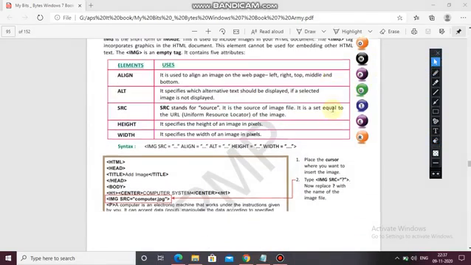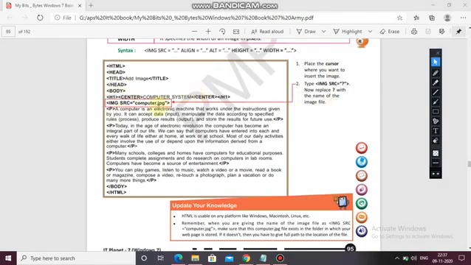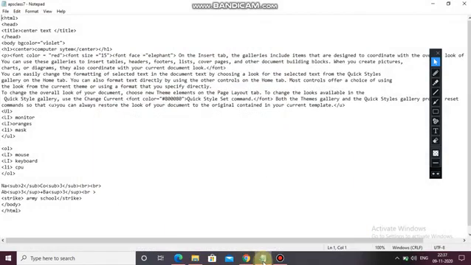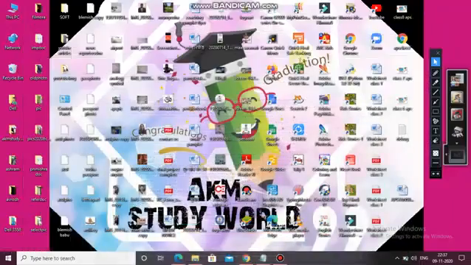Now next you can see here image src computer.jpg. Place the cursor where you want to insert the image and then write image src. If I have a picture then I can show you. Like here, before font, I want to use IMG. I am using the IMG tag. Then next the name of the picture. I have to see if I am having any picture or not. So okay, like this Shivlinga.